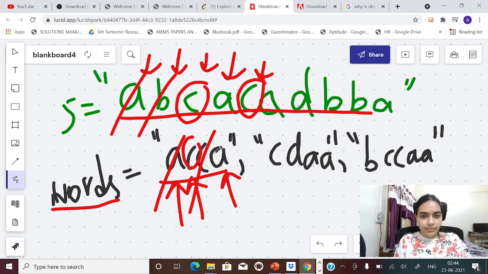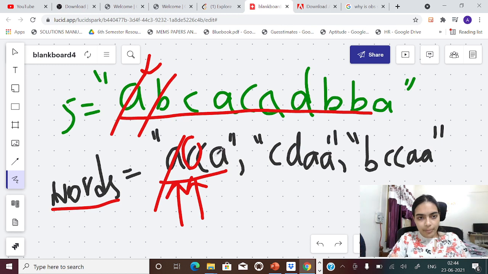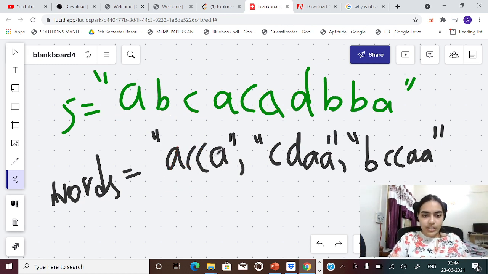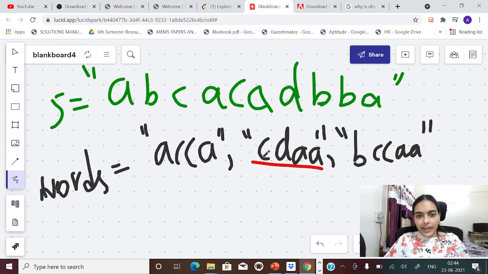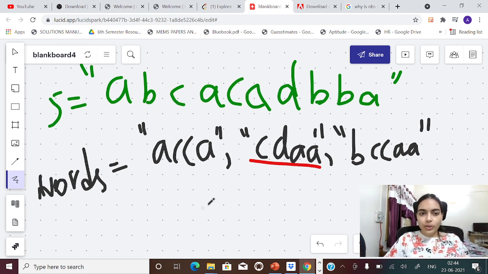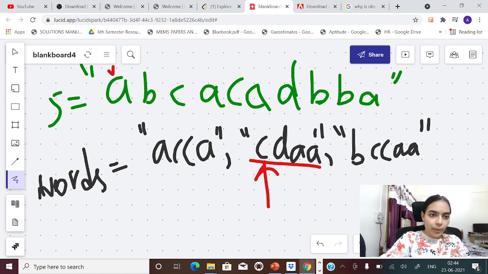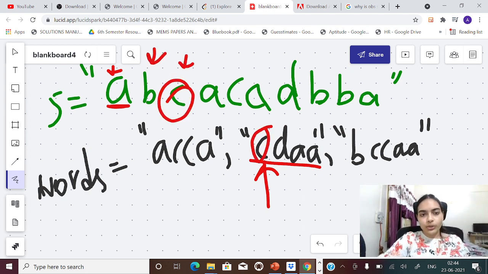So let's understand this with one more example, and then we'll move forward to building another logic. So suppose you have C, D, A, A. So let's use the brute force approach first to understand this. So you will have a small pointer and a big pointer. So currently big pointer is A, but what do we need? We need C. So we will move the big pointer till we find C. So we found C.